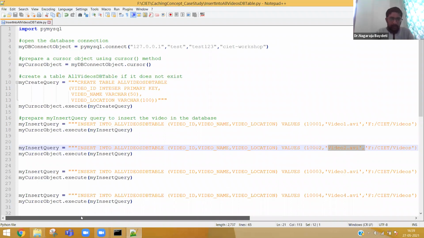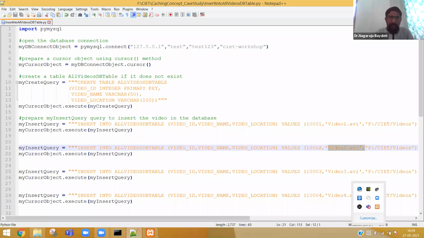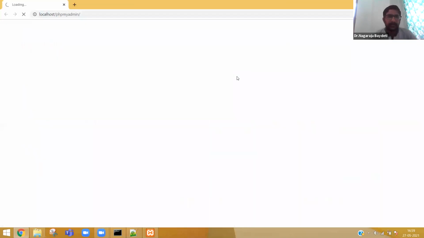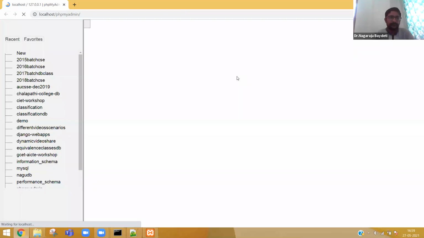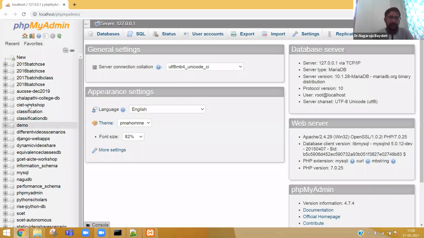Make sure your database is up and running before executing this program. My database is up and running, so let me open the admin panel of my DB and see how many tables are there before starting the execution of the all videos insertion program. Let us go to the CIET workshop.